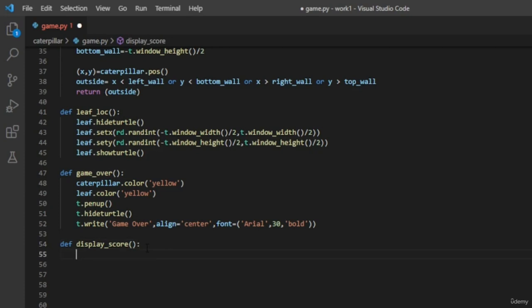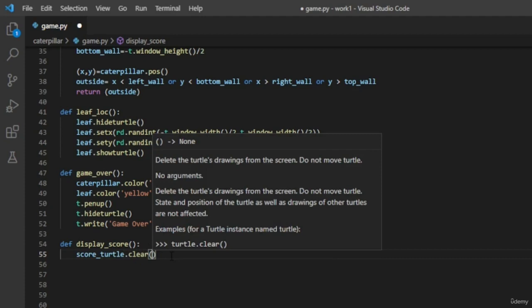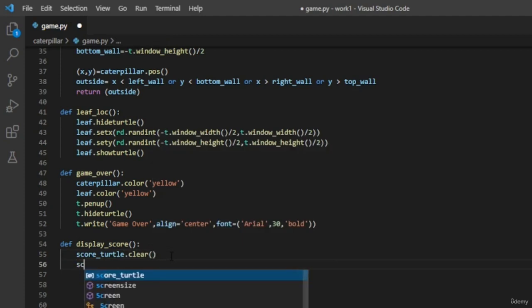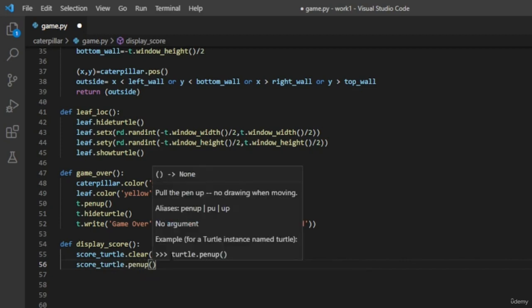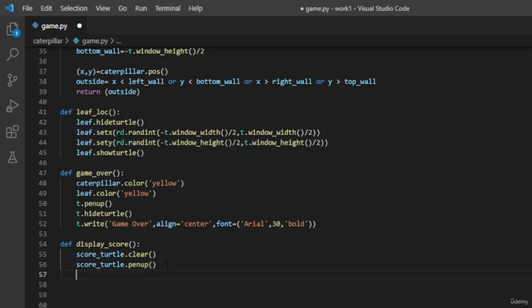And after this, first we are going to clear the scoreTurtle that we were previously assigned. So we will use a clear function here. Next, scoreTurtle.penup means no more disturbance from the graphical window. Now from here our work starts. We are going to give the x coordinate, and in the x coordinate I am just going to use this window, that is t.windowWidth, t.windowHeight given for width. So this was actually for the width,